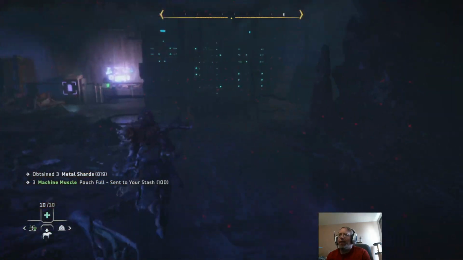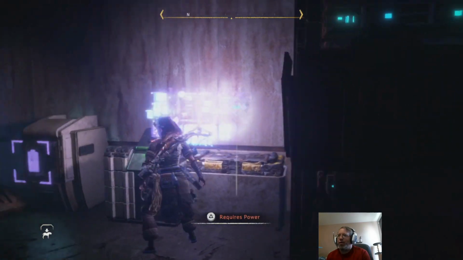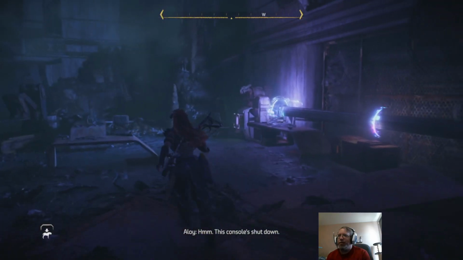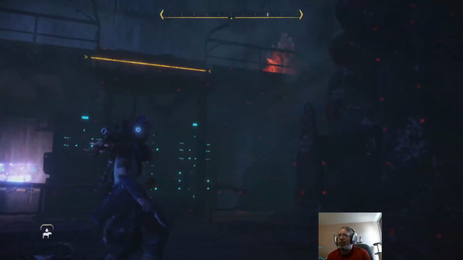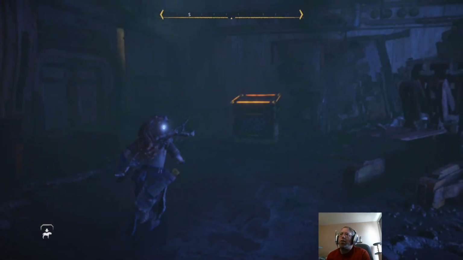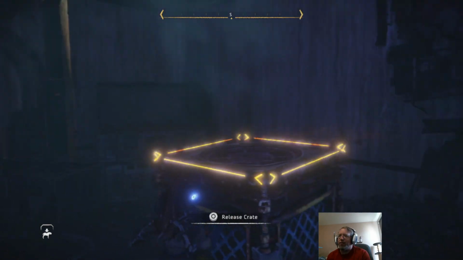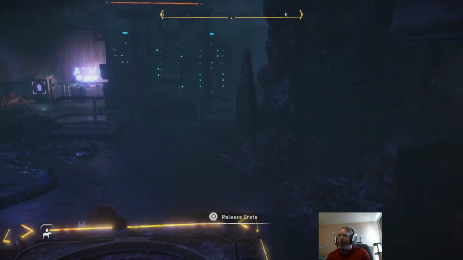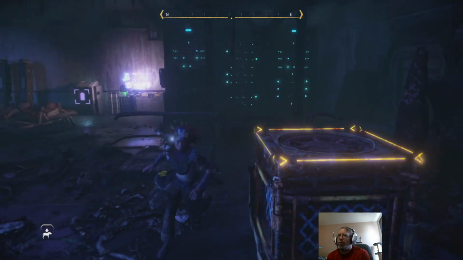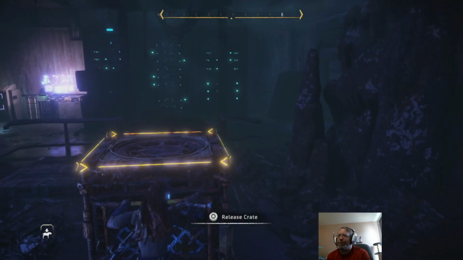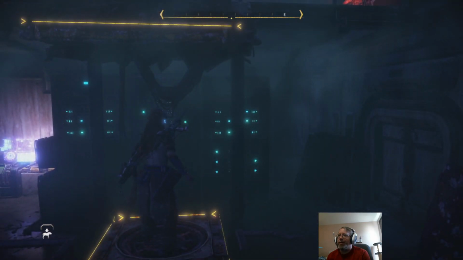Ew. Descriptive. Requires powers. We're gonna need powers. Oh, okay. So we take the crate, bring it over here. Now we can get up here.